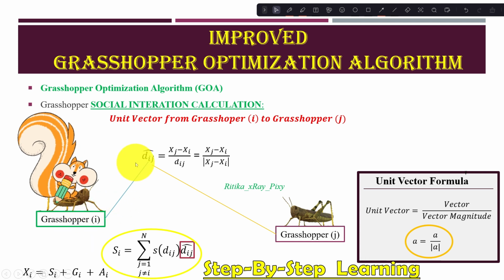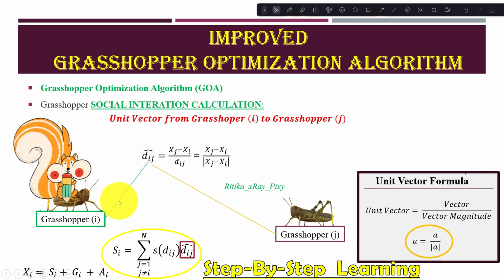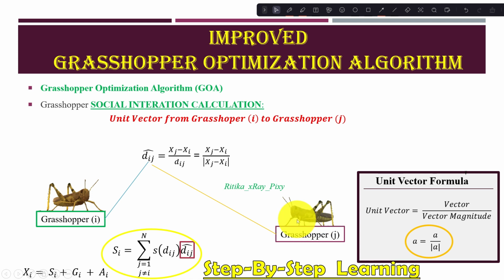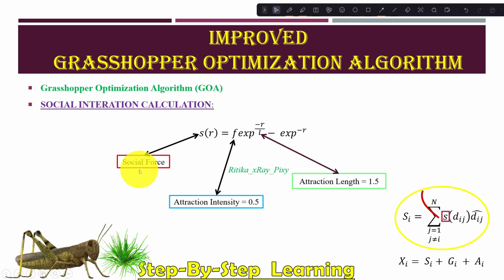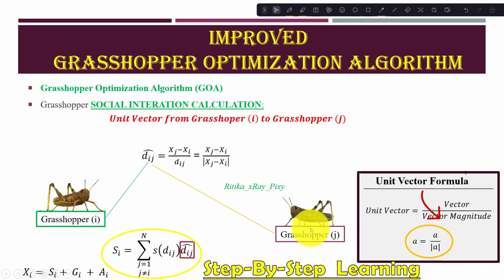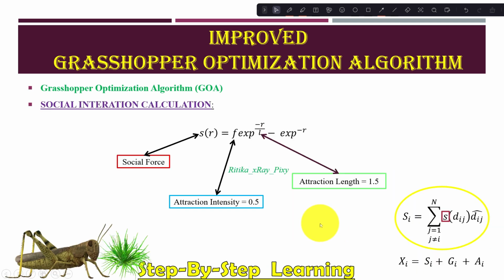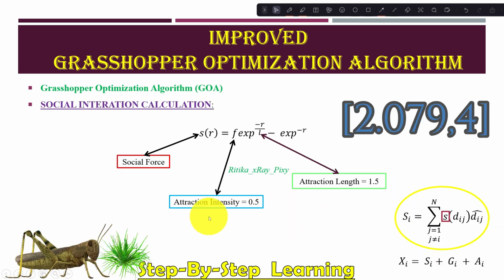Here you can see the unit vector from grasshopper i to grasshopper j is calculated as vector divided by vector magnitude. Next we have social force. Social interaction between grasshoppers is defined as attraction and repulsion. Attraction increases in the interval of